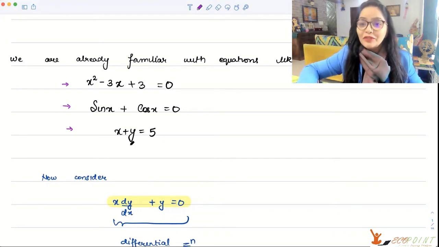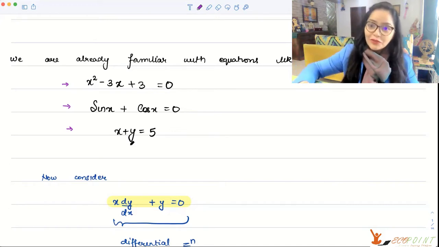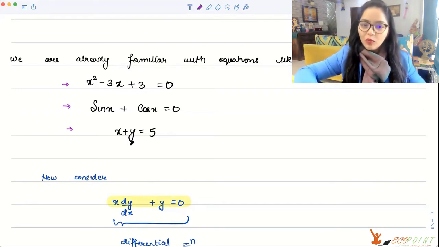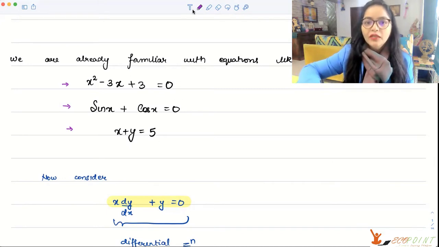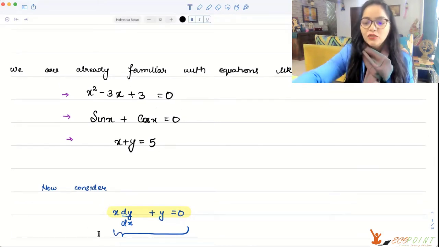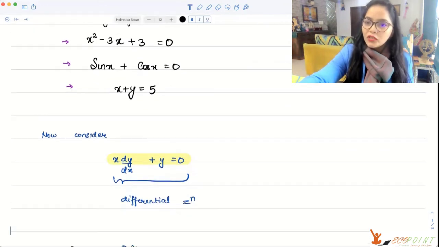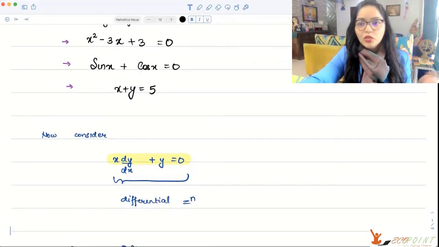This is just the beginning of the story. This is what a differential equation is. Now, what we have to do when we have a differential equation is another story altogether, so we will move on to that. But let's first of all understand what are these differential equations of different types. So this is one thing that you need to know, that a differential equation is any equation which consists of